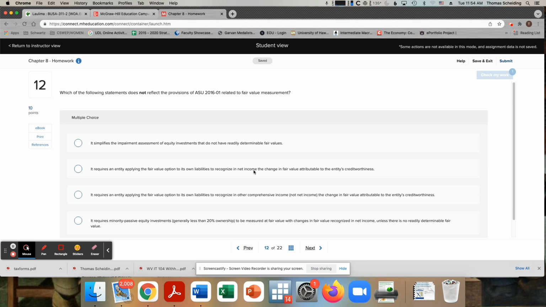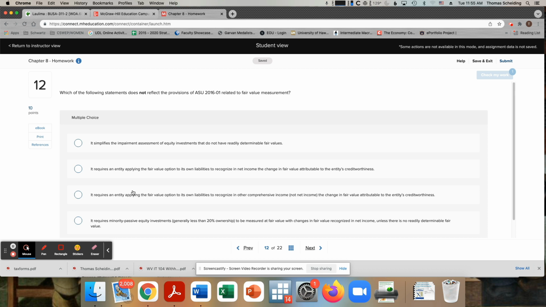Requires an entity applying the fair value option to its own liabilities to recognize net income and change in fair value attributable. Oh, sorry, it's not. Okay, let me just think of the definition here. Okay, so we know this one is